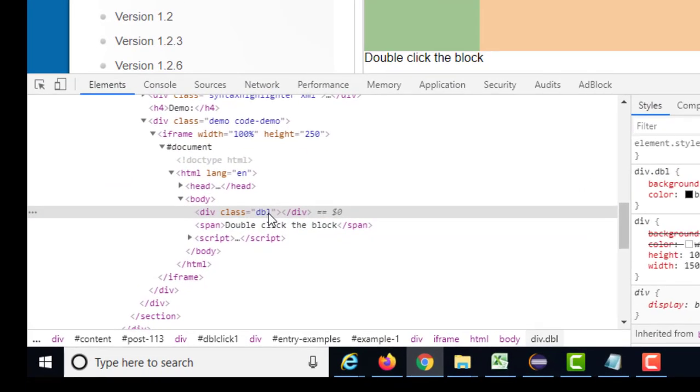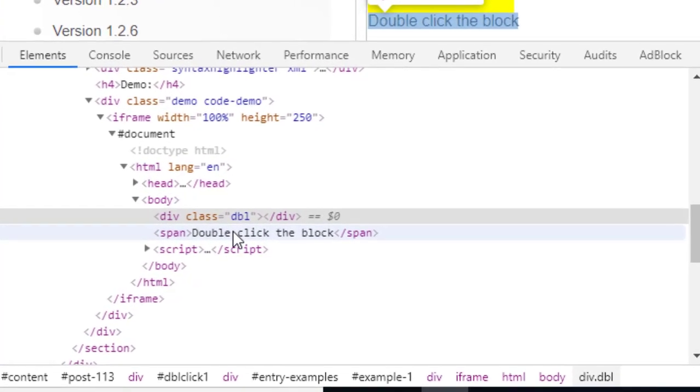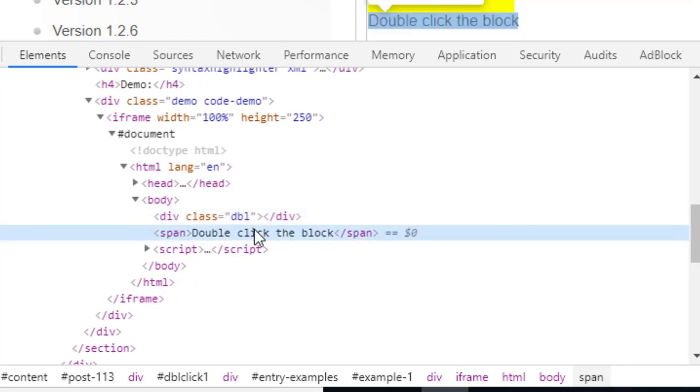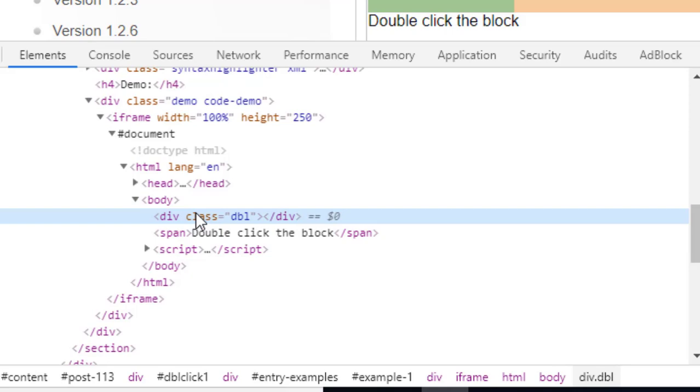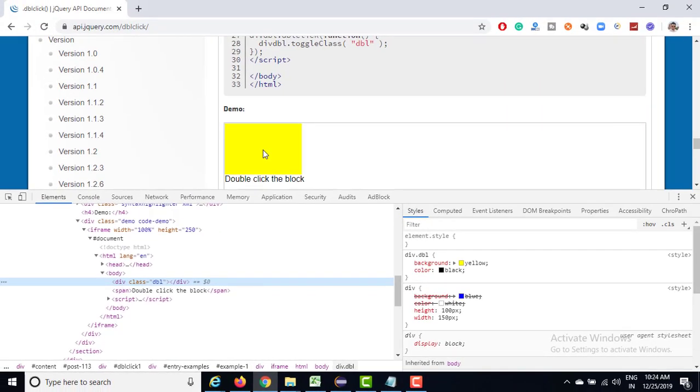There's one option, guys: either you can get the XPath using this db1, or you can first capture this particular text, navigate to the parent, and then select this. It's up to you, because our main intention is to click on this box. So either you can get this box directly, or you can get this text first, navigate to the parent, and then click on this box.